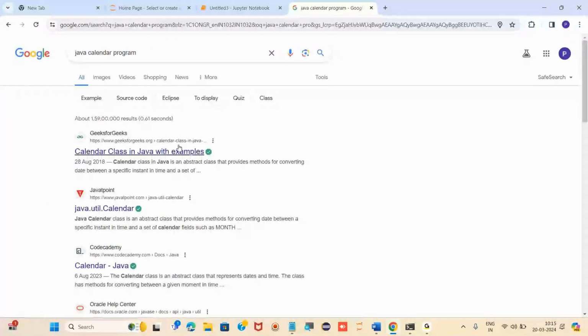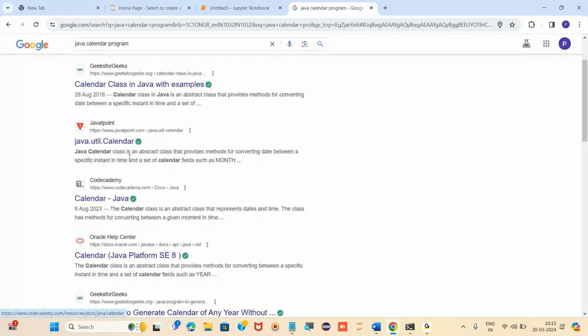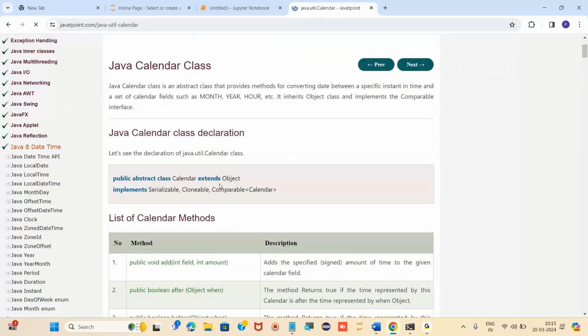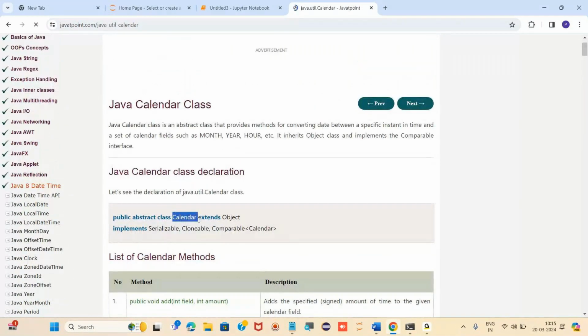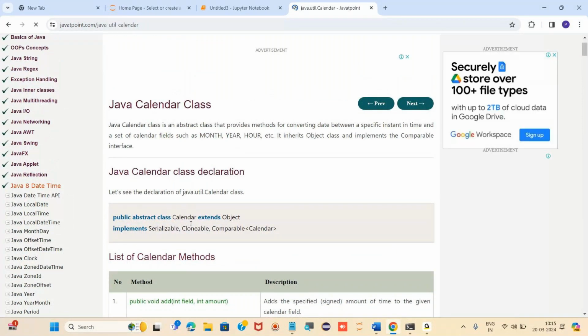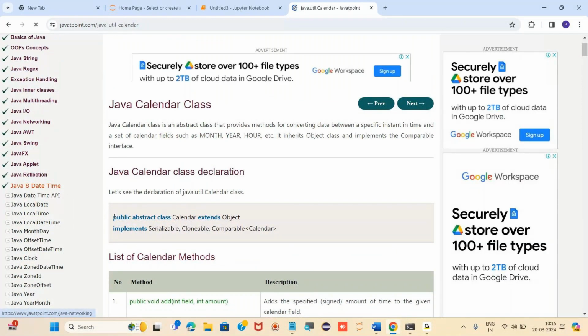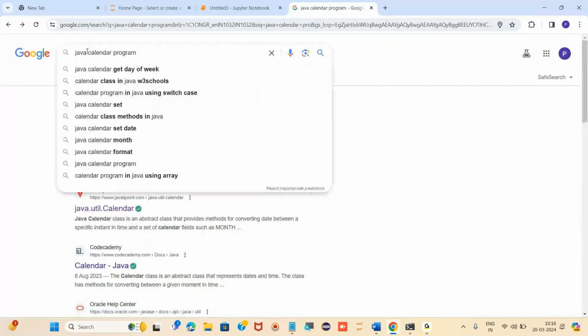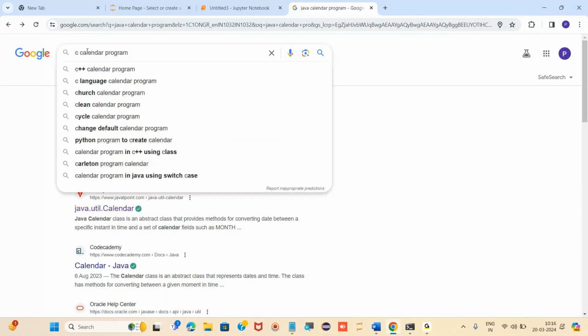Here you can see Java also has the calendar class, right? This is a calendar class, which we import from the util package, from some kind of packages. But when it comes to another programming language, C programming,